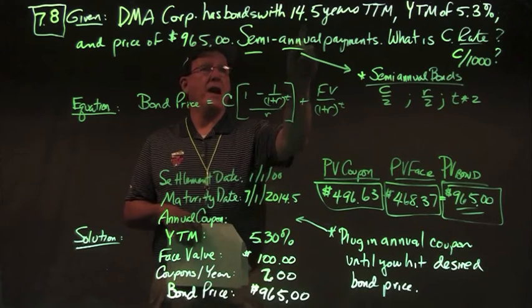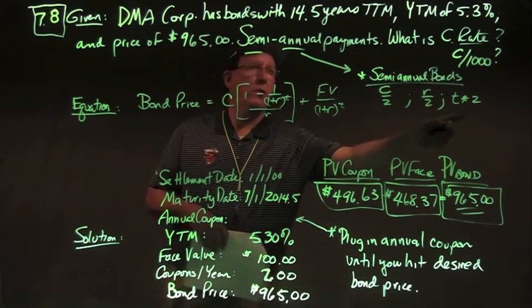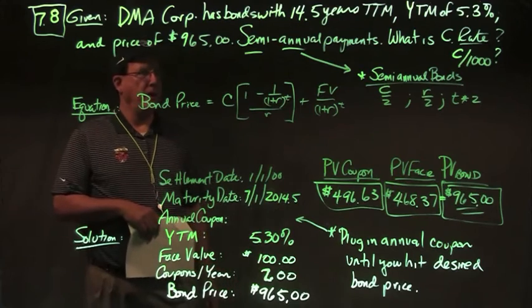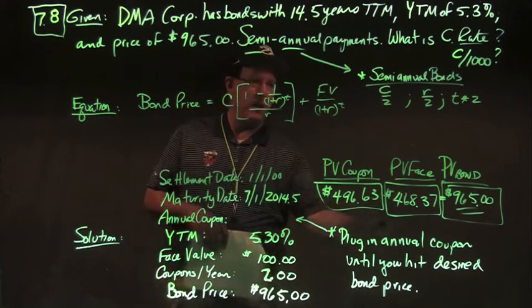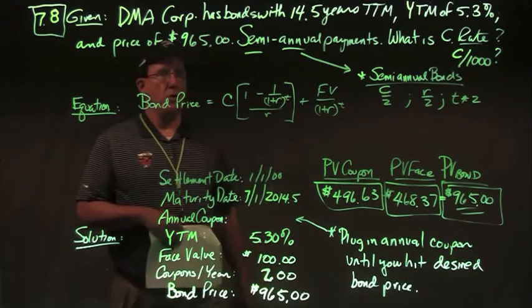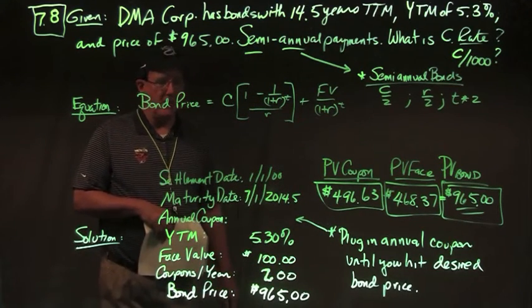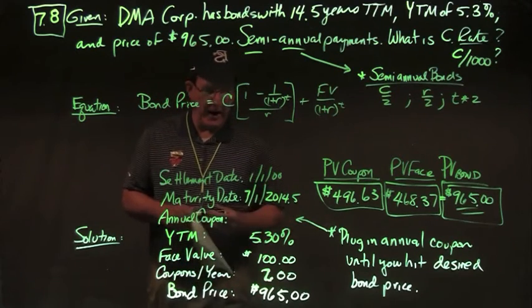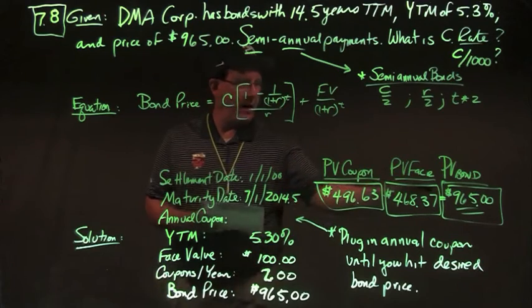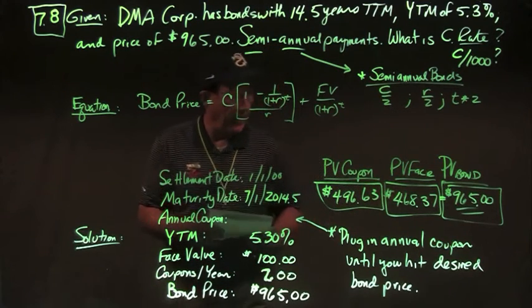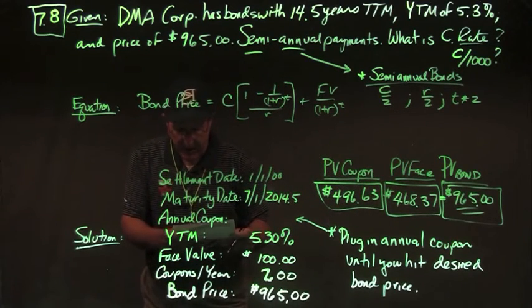T will be 14.5 times 2. Again, semi-annual payments. 14.5 times 2 is 29. So when I plug in T in these 2 cells, I'm going to put in 29. Face value will be $1,000. I keep guessing and checking, and the answer I get for coupon rate, such that I hit my 965, is